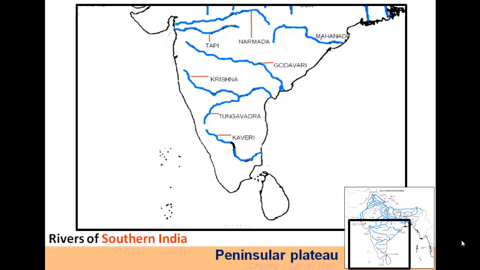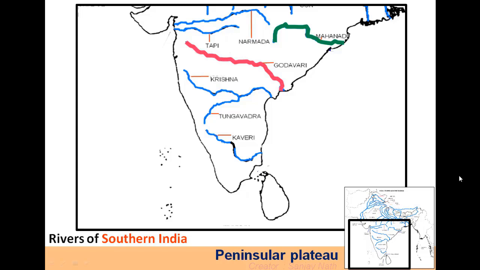There are 2 rivers on the east coast and 5 rivers on the west coast of India, as you can see on the map. River Mahanadi originates from the Dandakaranya ranges and it flows towards the east and drains into the Bay of Bengal. It has been shown with green color. Next is Godavari, which originates from the Trimbak Plateau near Nasik in Maharashtra.